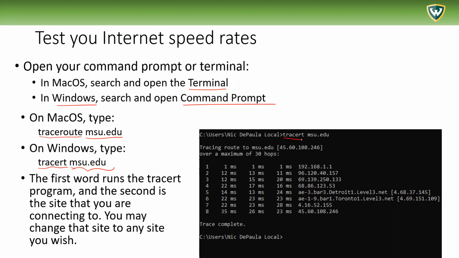So here I type Tracert, and then the site I'm connecting to. You hit enter. Once you hit enter on your keyboard, the program starts running. The first word runs the trace program, and the second is the site you're connecting to. As I just mentioned, you may change that site to any site you wish.